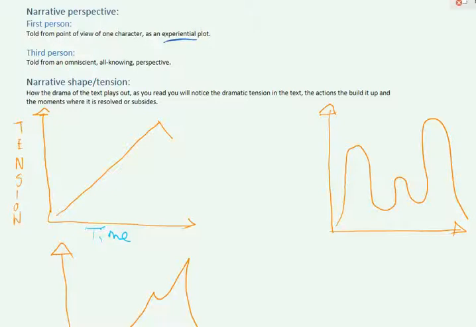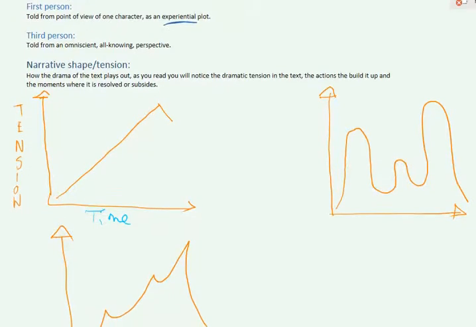Uses a lot of I felt and I did and I saw and they were. Third person narratives are told from an omniscient, that means all seeing, all knowing perspective. That is, for example, let's say the narrator of the story, or the person telling the story, is telling us about a whole bunch of different people and able to talk about what they say and what they do, and even sometimes what they're thinking without actually being there themselves. He, she, they, we, those kind of words give you a hint that it is a third